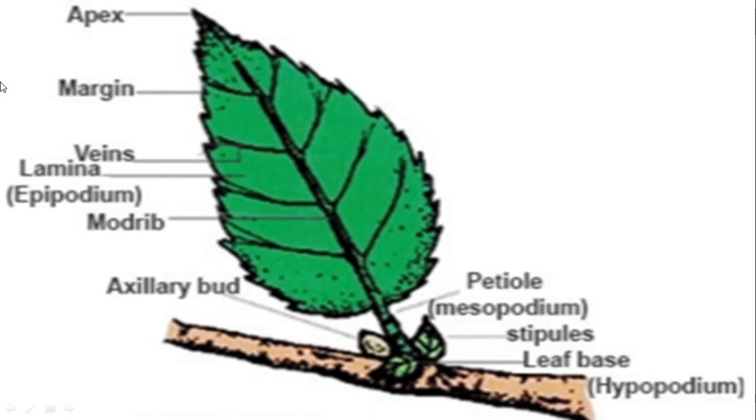Here you can see this is the leaf of hibiscus. This is the leaf margin. The leaf blade has the leaf margin, and you can see the incision. These are the cuts. But the cuts have not reached up to the midrib or petiole.